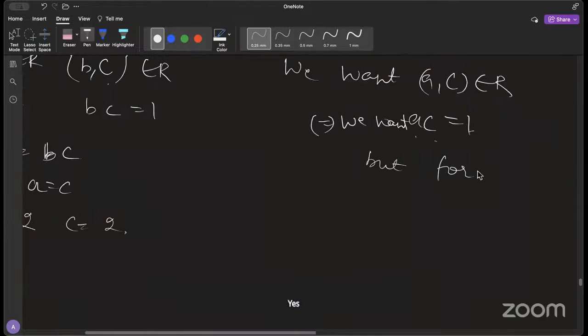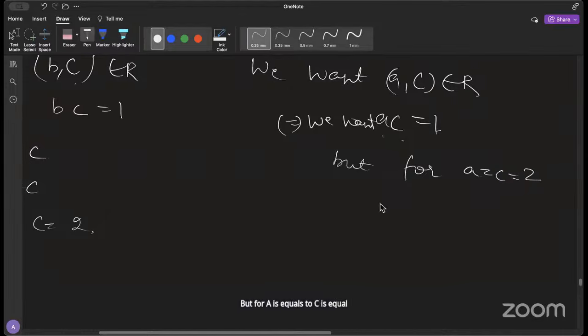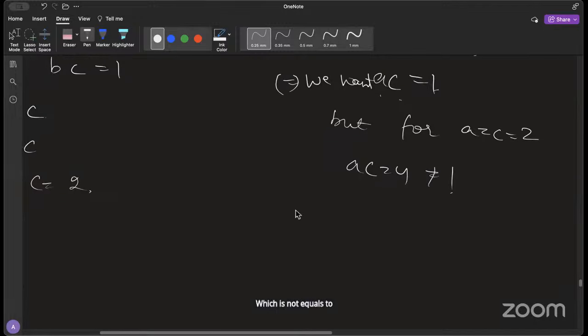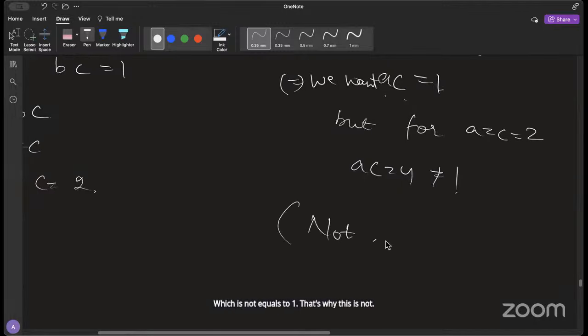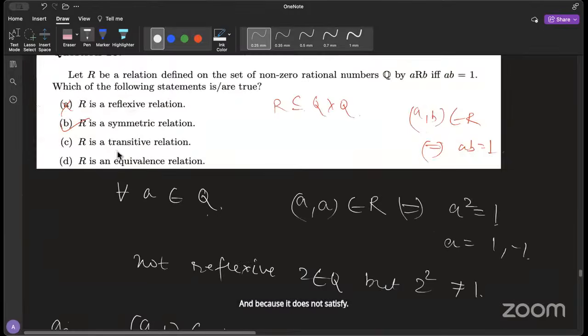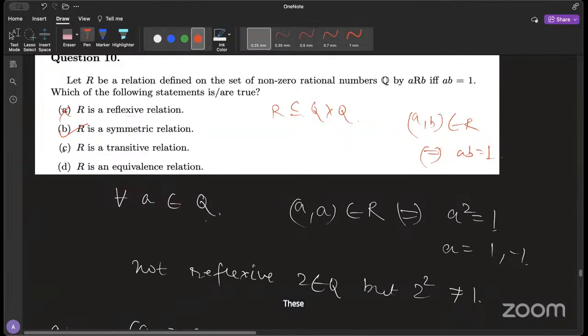Yes. But for A equals C equals 2, AC is equal to 4, which is not equal to 1. That's why this is not transitive. Yes, only symmetric. And because it does not satisfy these two, that's why it's not an equivalence